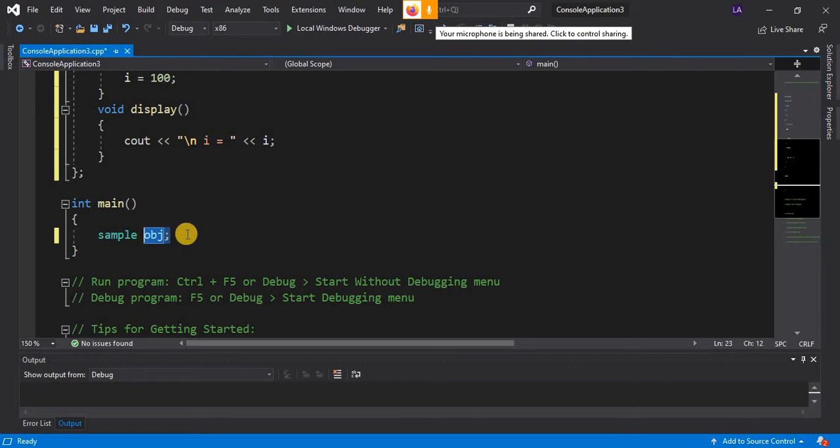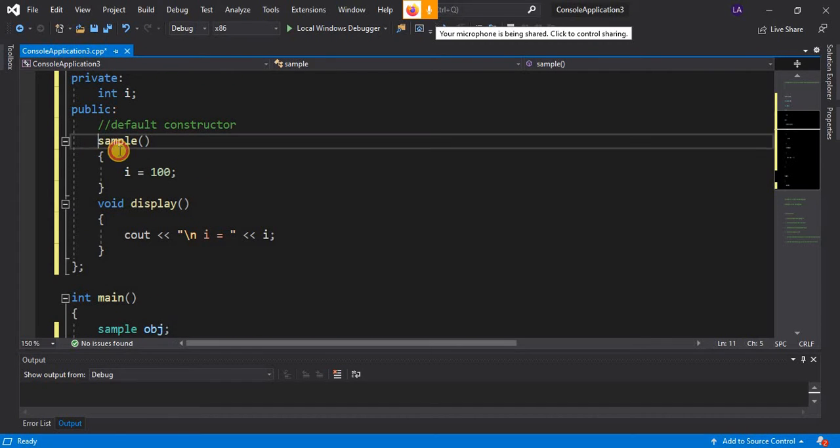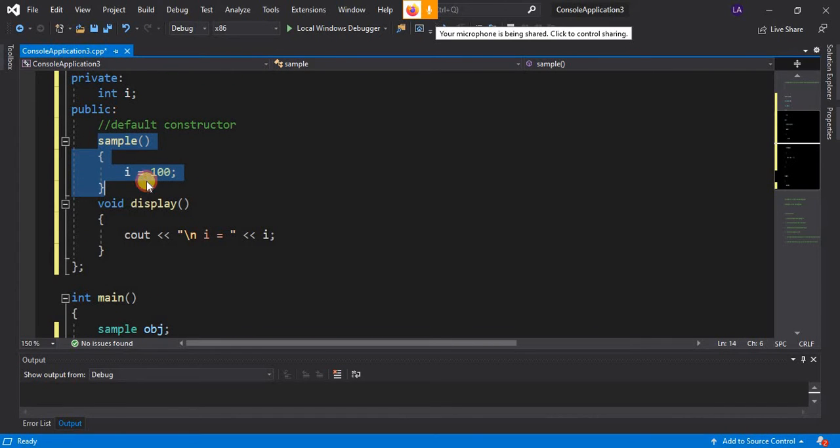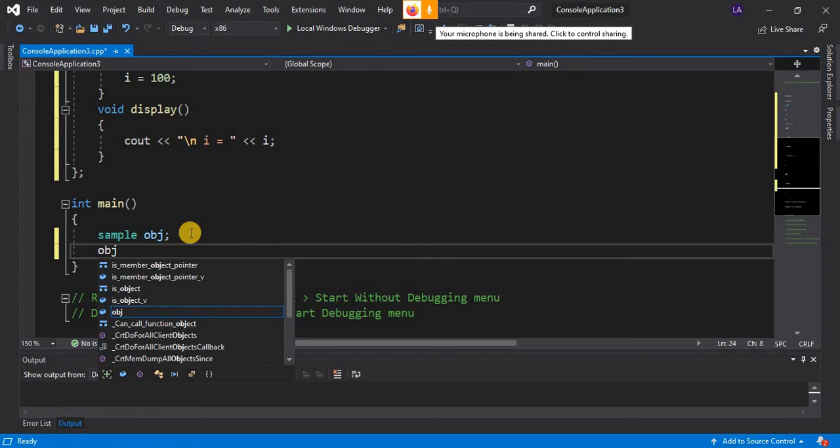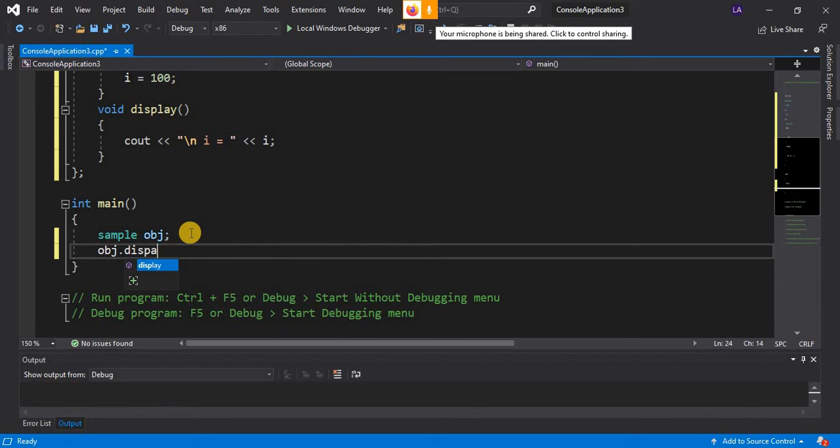So when we create an object obj, this default constructor will be called automatically, and variable i will be initialized to 100 for this object obj. And when we display the value using this obj object, we will display the value 100.